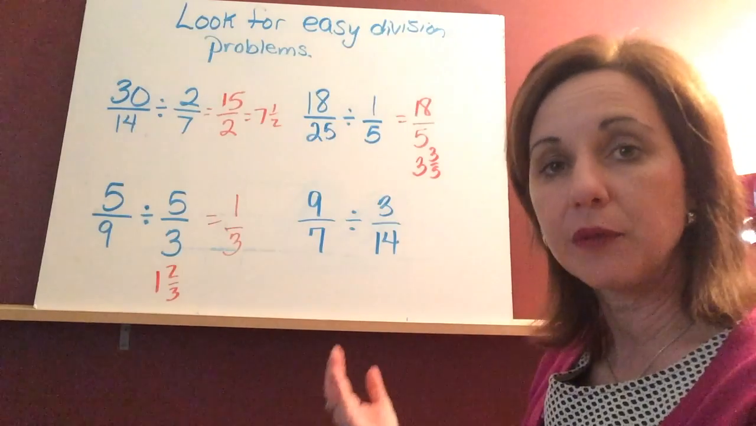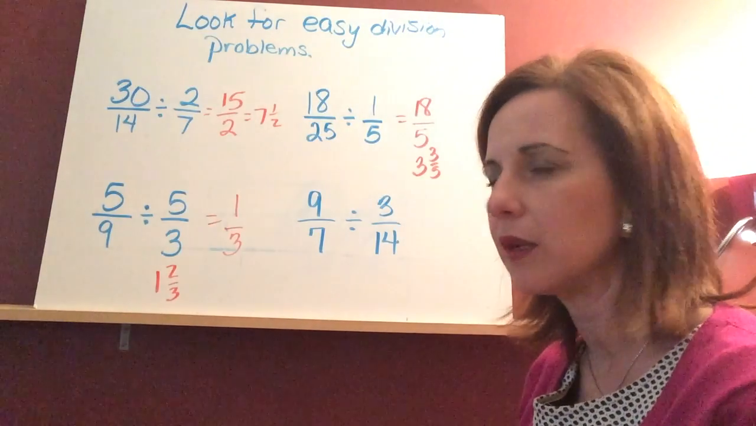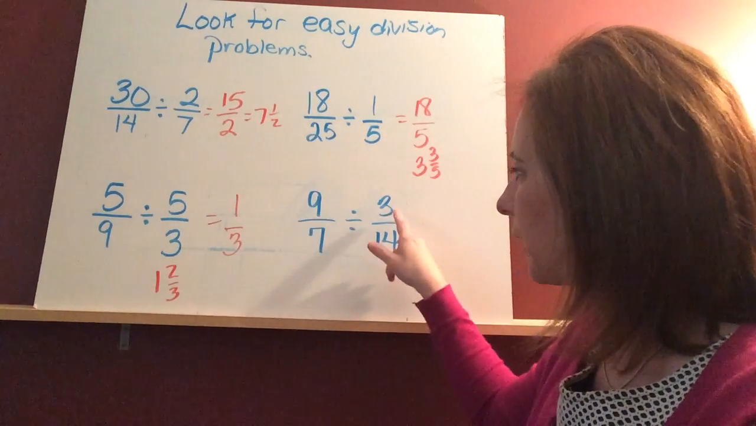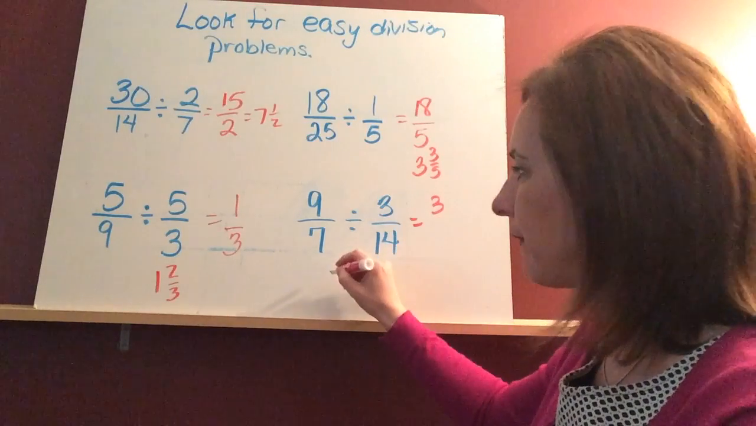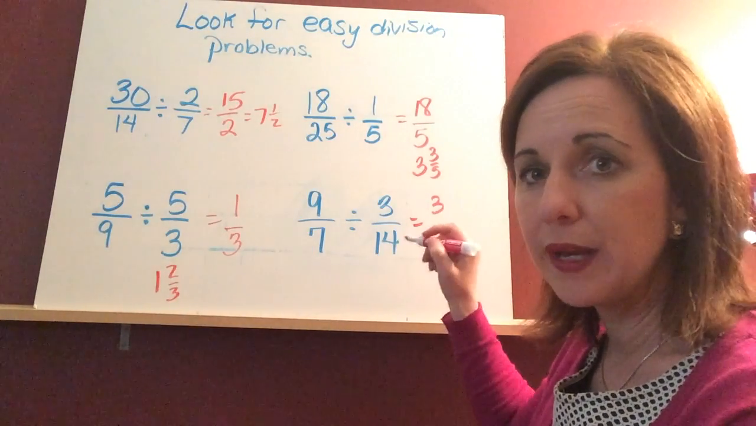Now, I did tell you that you don't have to convert them into mixed numbers, but to answer the question, it kind of makes it easier to think about what your answer would be. And then look at this one. 9 divided by 3 is 3. But 7 divided by 14 is 1/2, or